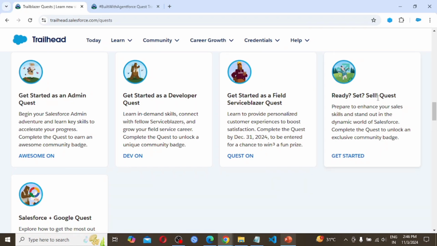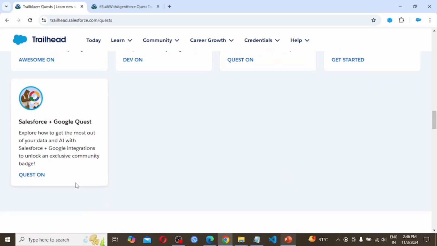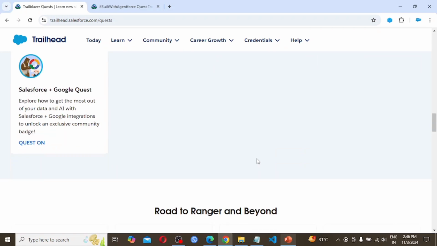Ready, Set, Sell quest. This is also a community badge. Salesforce Google Quest. So this platform is built for learning, and if someone completes a particular task at the proper time, they also get the swag as well.